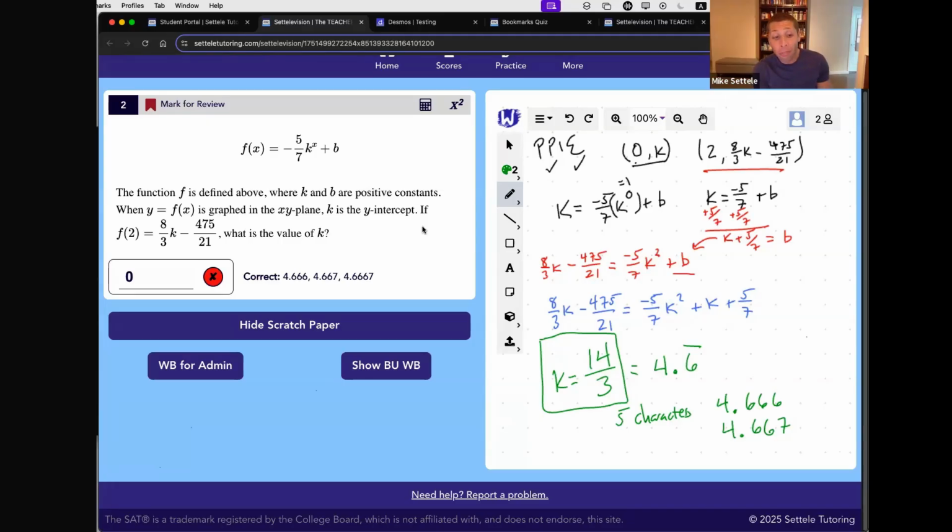Now, I get 800s every time I take the SAT math. Reading, not so much, but math, I do. And it's just because I trust the process. I trust the strategies. I know that no matter what they're giving me, if it's points and equations, odds are very, very high that plugging those points into those equations is going to help. So my advice is, whether it's an easy question or a hard question, try to embrace that. And we can find that in all sorts of places.